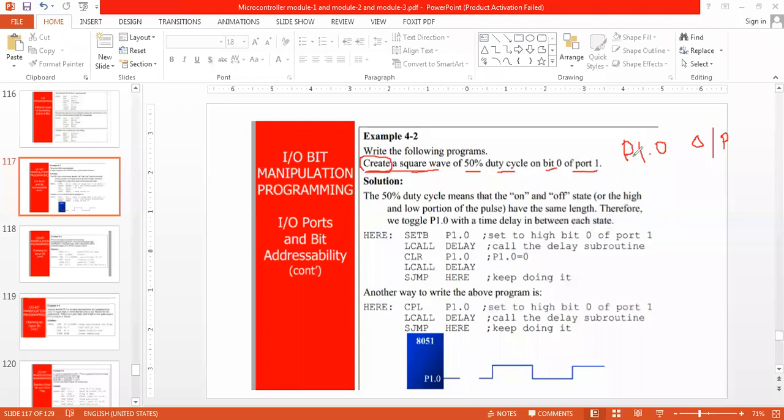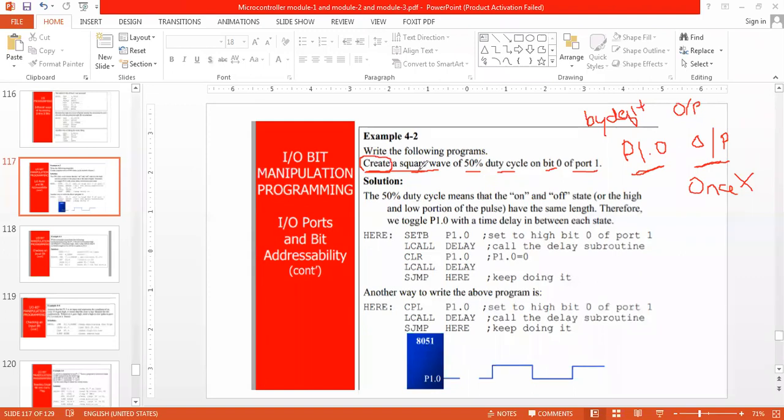By default, we know that all the ports are working as output ports only. So there is no need to configure P1.0 as an output once again. It is already an output port.